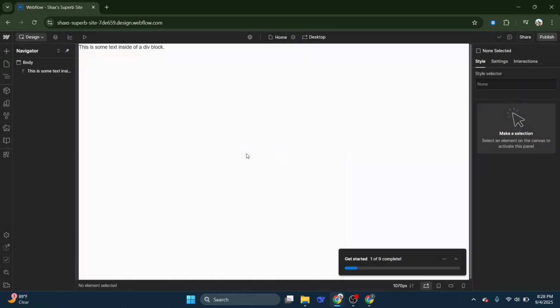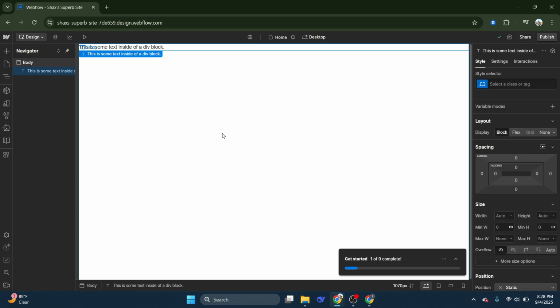With your project open, it's time to identify the text element whose font you want to change. This could be any text on your website, such as a heading, a paragraph, or even a link. Click directly on the text element within the Webflow canvas to select it. Once your desired text is selected, next, direct your attention to the right side of your screen, where you'll find